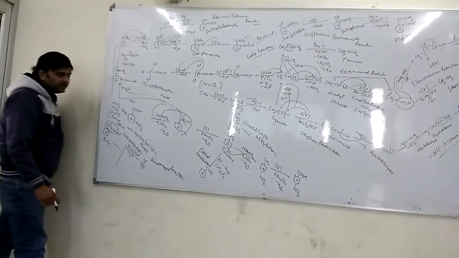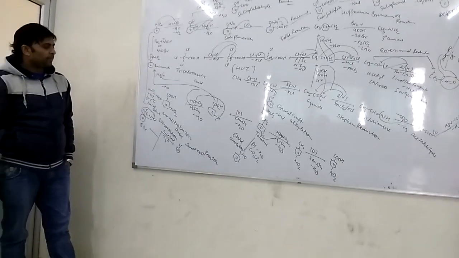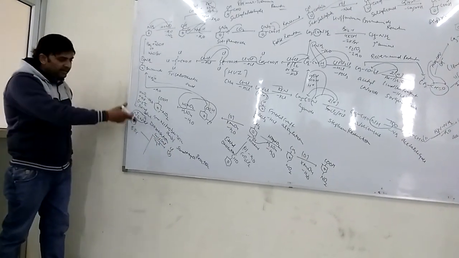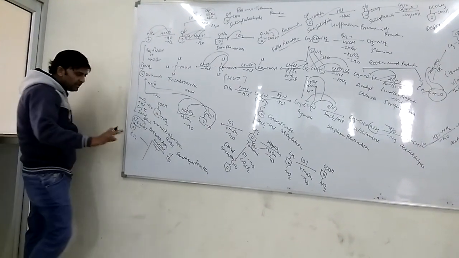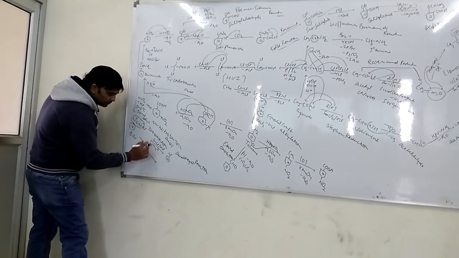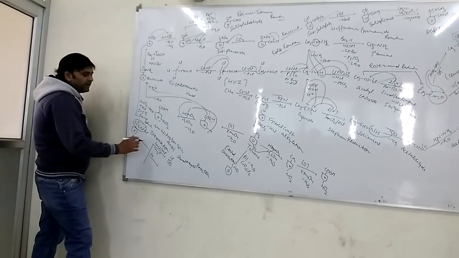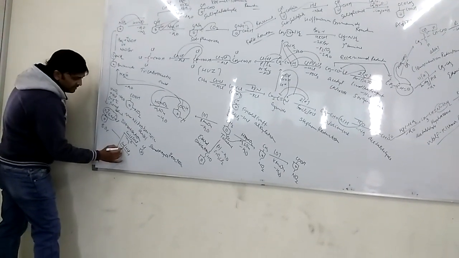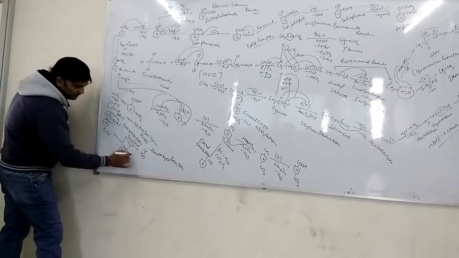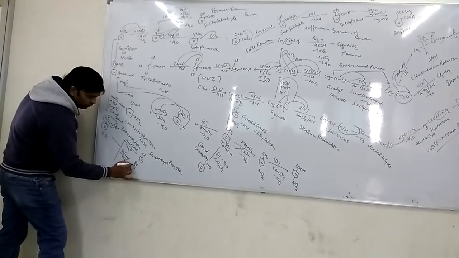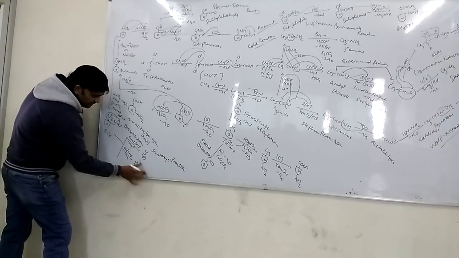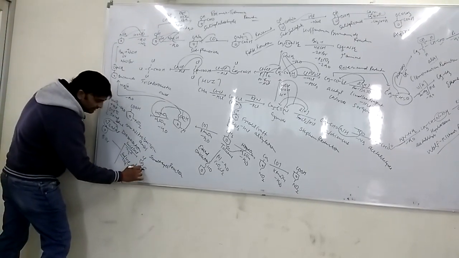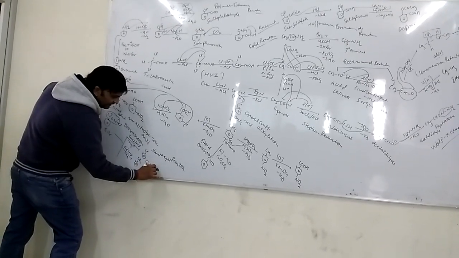The conversion of BDC into chlorobenzene, or if you take CuBr, HBr, then you get bromobenzene, and the reaction is called the Sandmeyer reaction. If you replace this copper salt by copper metal, and this is HCl, it is the same type of reaction, with loss of N2, and it is converted into chlorobenzene. This is the conversion of BDC into chlorobenzene, and this reaction is known as the Gattermann reaction.